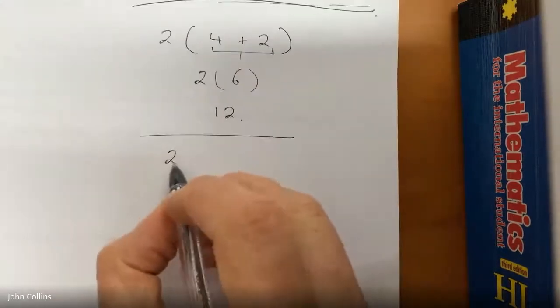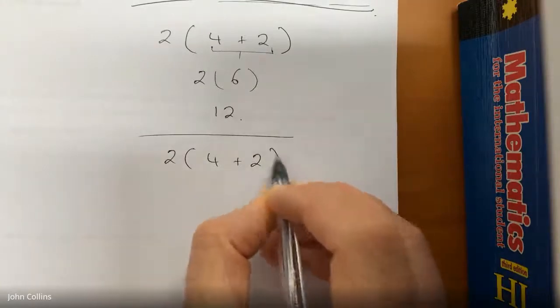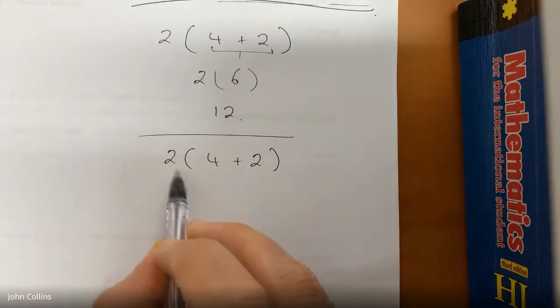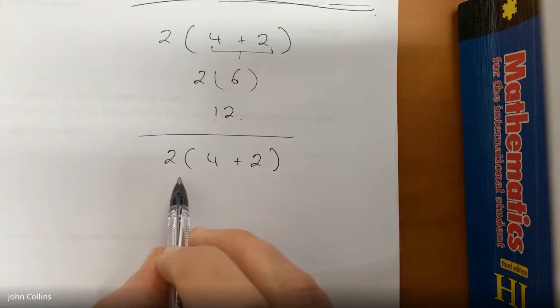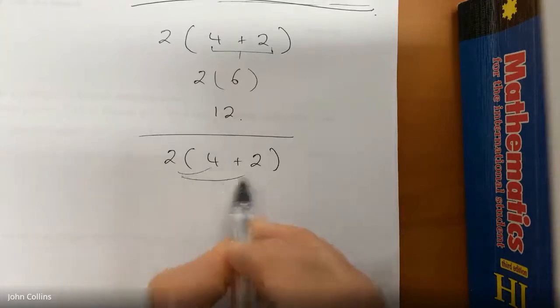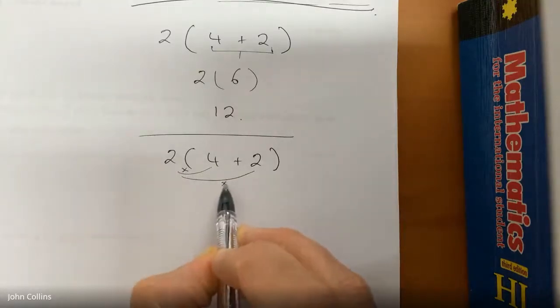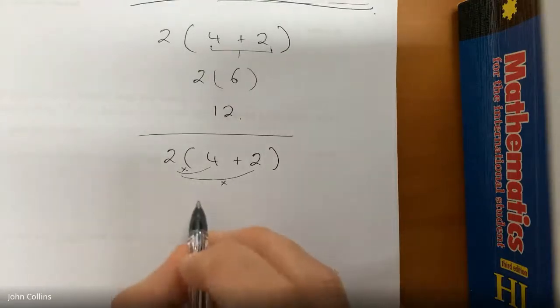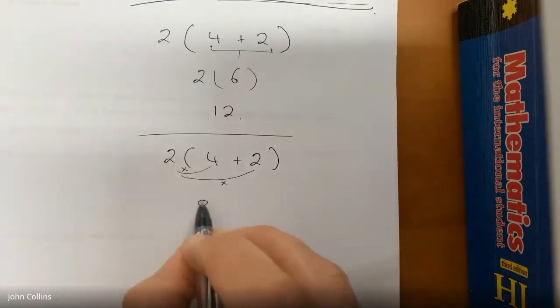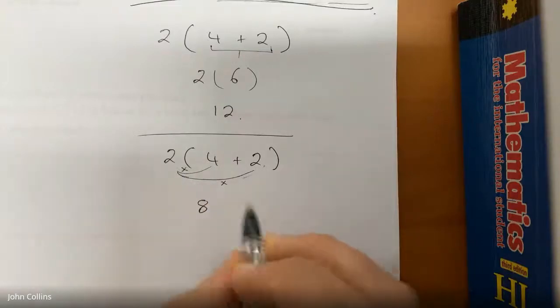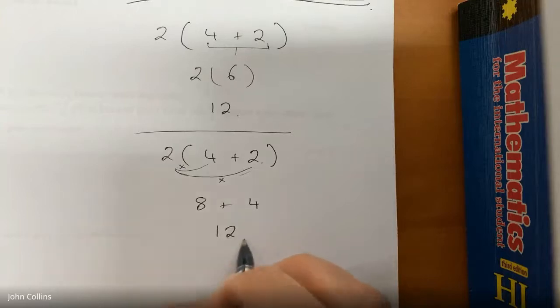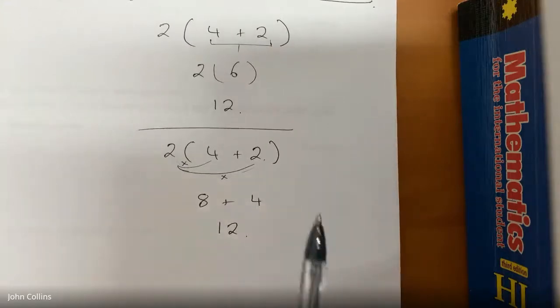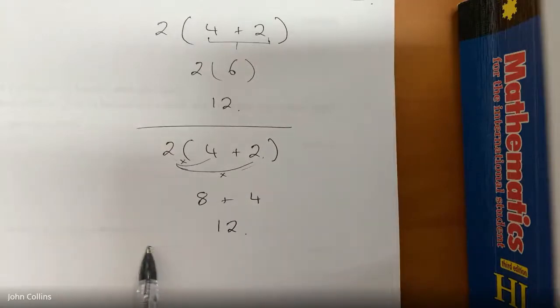But you also could distribute the 2. In other words, multiply before you add as well. So I'm going to distribute the 2 by multiplying, because the 2 is multiplied by both these things. 2 times 4 gives 8, and 2 times 2 gives 4, and then add together to give 12. So both ways are acceptable. Now the reason for the distributive rule,